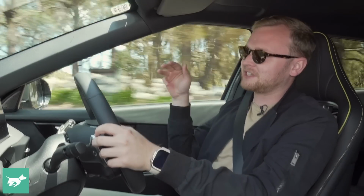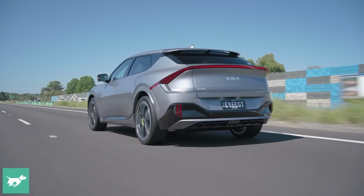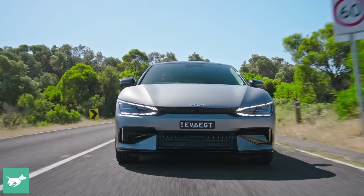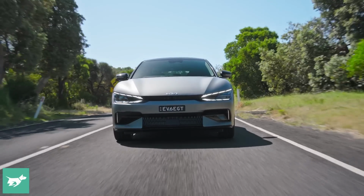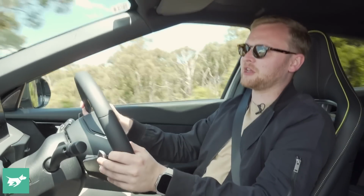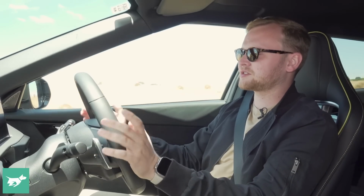But we've also got mechanical differences in the steering system at the front end, which is granting us more feel and more response, and you can really tell that on the move. The normal EV6, because of the pandemic, didn't get an Australian steering tune, and its steering is really not one of its high points. That will be fixed in an upcoming facelift, but for now the GT has notably better steering. But the composure, the body control, the demeanor of the car is just as sweet, if not a little